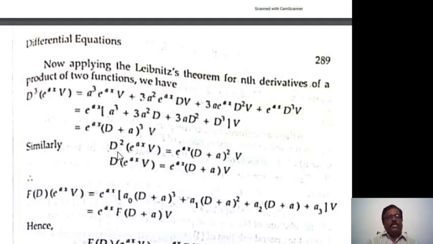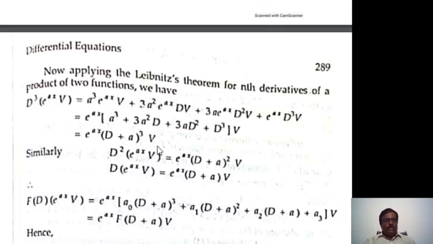Similarly we obtain D^2(e^(ax) v) as e^(ax)(D + a)^2 v, and similarly D(e^(ax) v) can be obtained as e^(ax)(D + a) v. Okay, so now substituting all this in this equation, where we found D^3 of e^(ax) v, we found D^2 of e^(ax) v, and we found D of e^(ax) v. Then substituting all this here, we obtain f(D)(e^(ax) v) is equal to this equation,